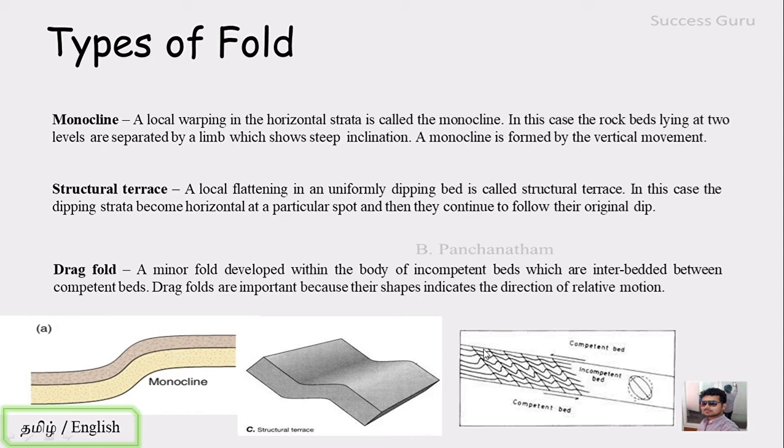So what happens when it is folding? This portion moves in this direction and this rock moves in this direction, and such a movement creates a drag effect on this incompetent rock. So this rock drags this rock, and that produces a small scale folding, which is a minor fold, that is called a drag fold. And remember, the synclinorium and anticlinorium are totally different from this drag fold. Okay,